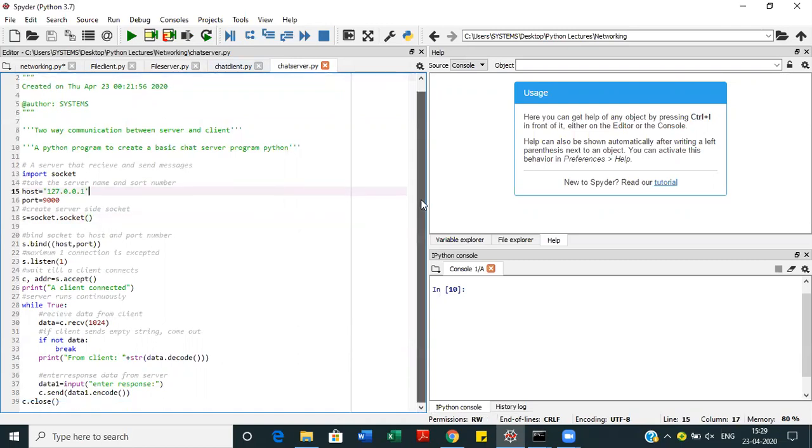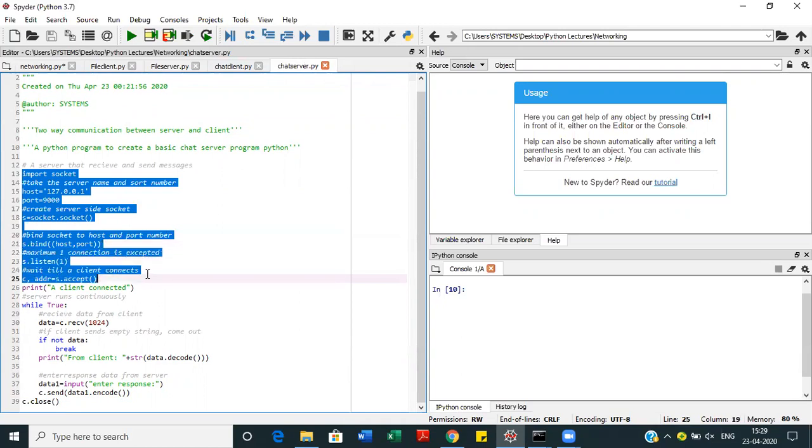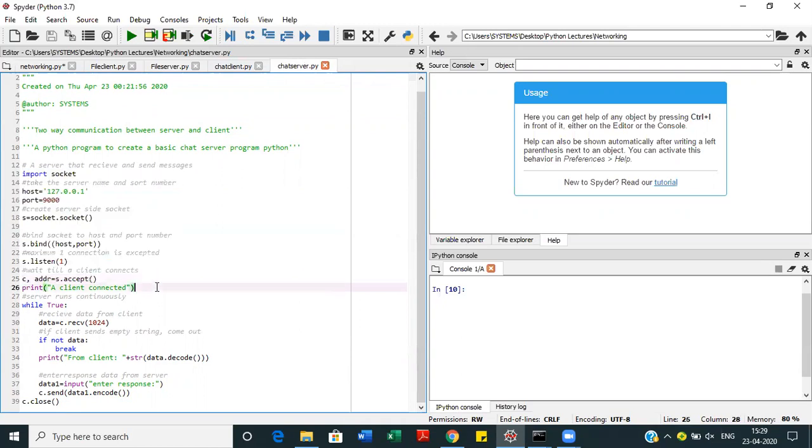So again, the simple coding at the server end. This is all that we have done before, till here. Now, if the connection is accepted from a client, it will print a message that a client is connected. Now, as long as the condition is true, it will keep on receiving the data, as long as the client sends a string that is not the empty string.